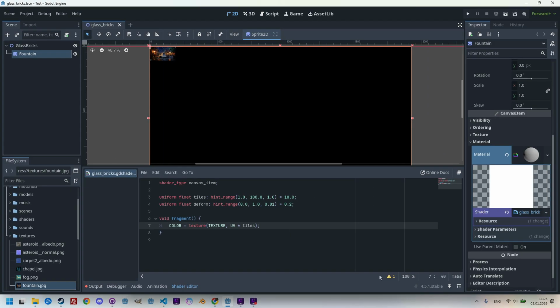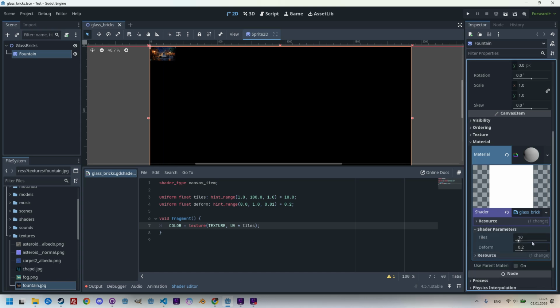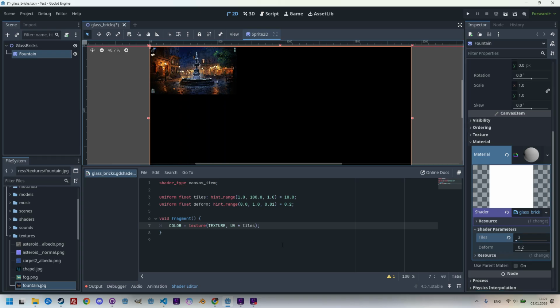Okay, so that doesn't look like much, does it? I think the effect will be more visible if we temporarily change the value of this parameter to 3. Let's do it in the inspector: 3 tiles. That's better. However, the image isn't repeated across the other tiles because we cannot add any parameters to the texture